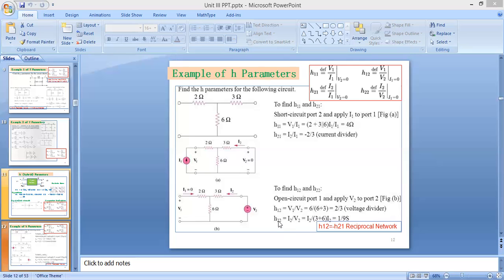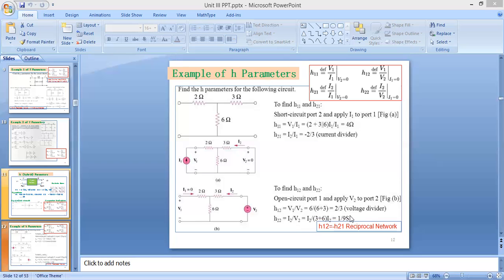Again, if you are calculating H22, we are having the formula H22 equal to I2 upon V2. You will get that value as I2 upon I2, और तुम जो V2 है, you can write in the form of I into R. 3 plus 6 total resistance into that current. That current is I2. I2 will get cancelled, and you will get 1 upon 3 plus 6. That will be 1 upon 9. And you are giving here unit. H को हम क्या दे रहे हैं? You can take as a ohm, or you can use here S.